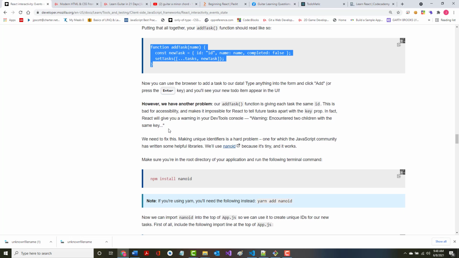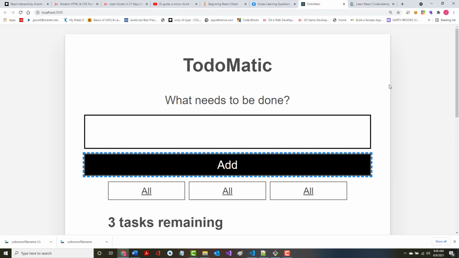All right. Now we can use the browser to add a task. We did that. However, we have another problem. Our add task function is giving each task the same ID. This is bad for accessibility, and it makes it impossible for React to tell future tasks apart with a key prop. In fact, React will give you a warning in your DevTools console: Warning, encountered two children with the same key. Don't know if I got that or not, but if we go to inspect,